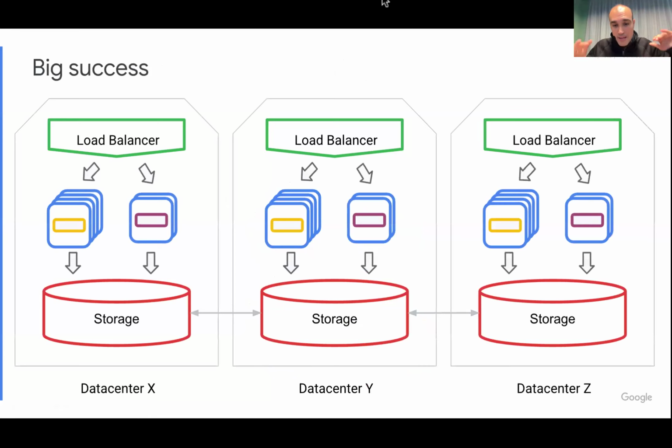So now you say, it's great. We won at this. We have an application that will have hundreds of users all around the world and so on. So we just put this thing into different data centers. That's the complexity of having a successful product, right? So you have different data centers, X, Y, and Z, and then you have a whole stack in all of them. You are going to have storage in all of them, and you're going to have your load balancer and stuff like that.